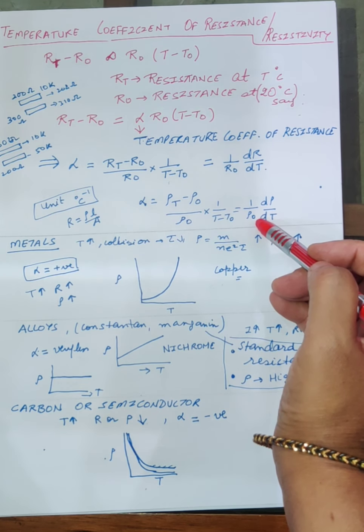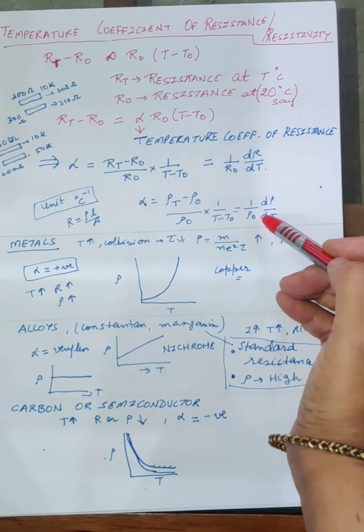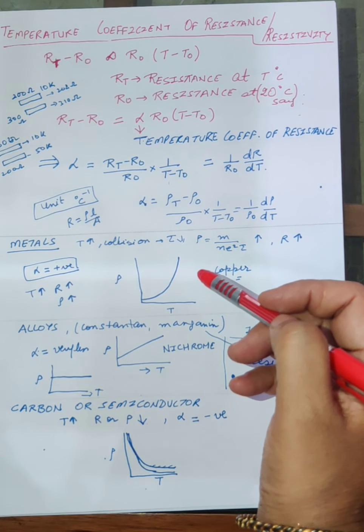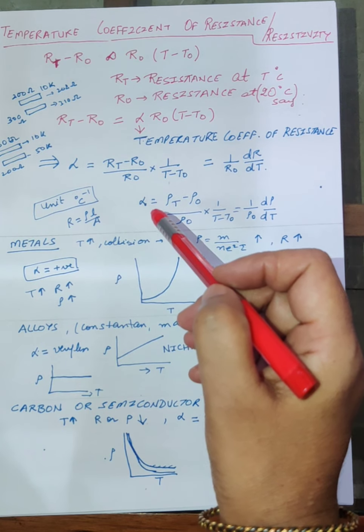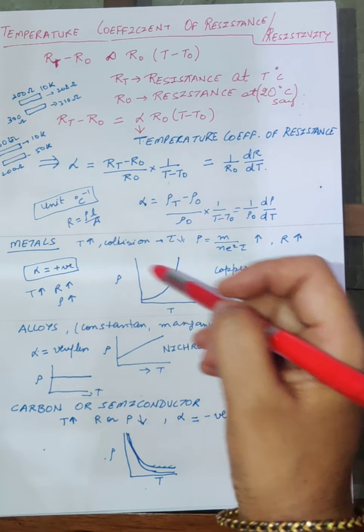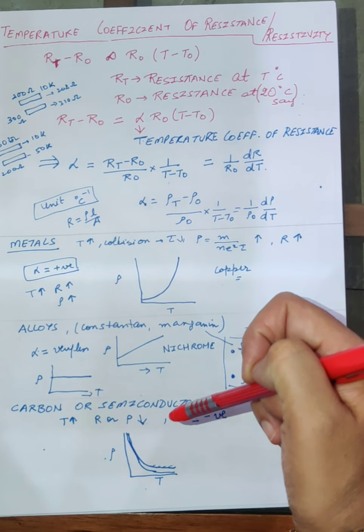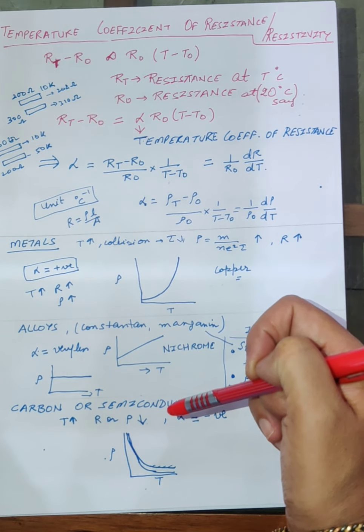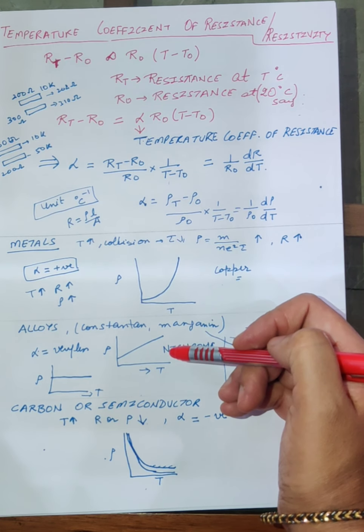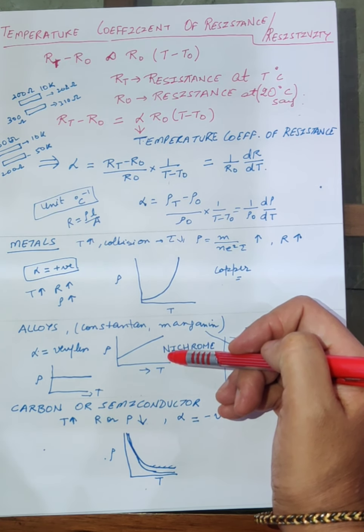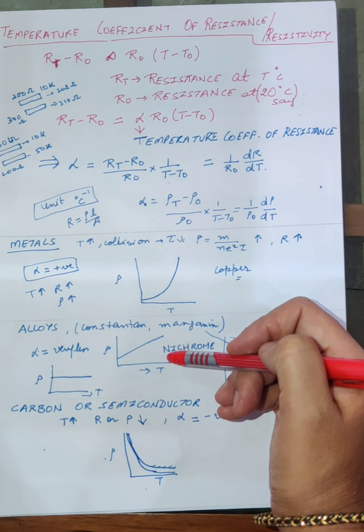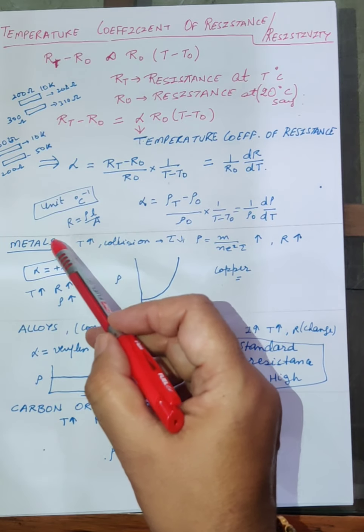resistance and resistivity. Now the next very important discussion is how alpha, the temperature coefficient of resistivity, changes with temperature in the case of metals, alloys, carbon or semiconductors. Again, children, this class is very important for the viva of the practicals too. The same questions can be asked in the viva because all your current electricity experiments, that is the Wheatstone bridge, potentiometer, and verifying Ohm's law, are there in your practicals also. So now see, let's consider the case of metals.